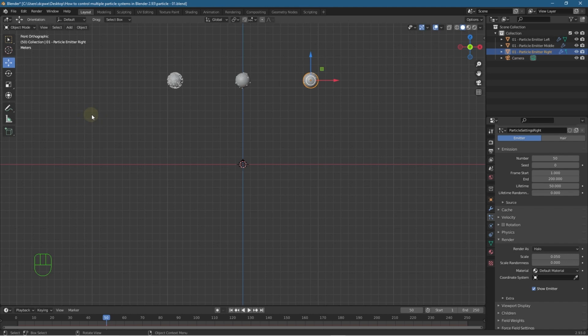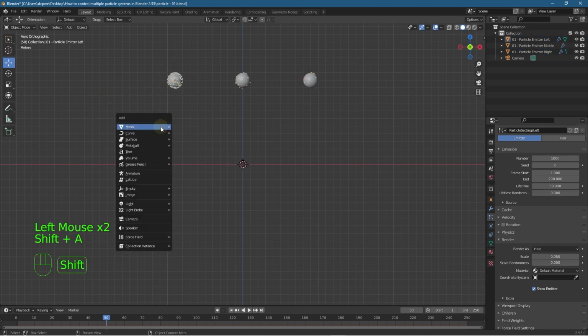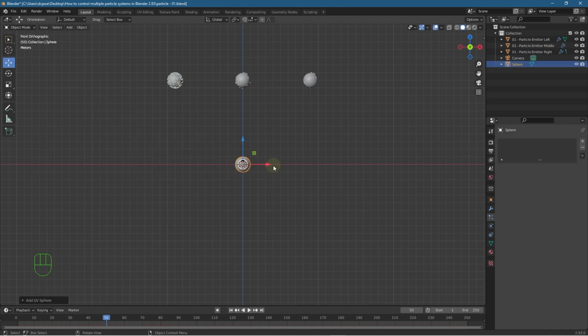So to do that, let's go ahead and click on this first object. We don't really need to click on it. We can just press Shift and A, and we're going to create another UV sphere. So here's another UV sphere, and we're going to drag this above this particle system. Let's just press G to grab and move it over here. So press G to grab it, then you can move it to wherever you want. I'm just going to move it so it sits above it around this sort of position, and then we want to